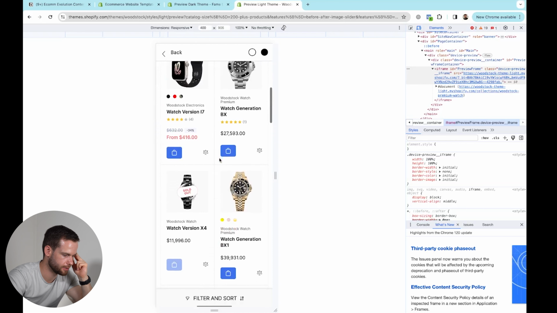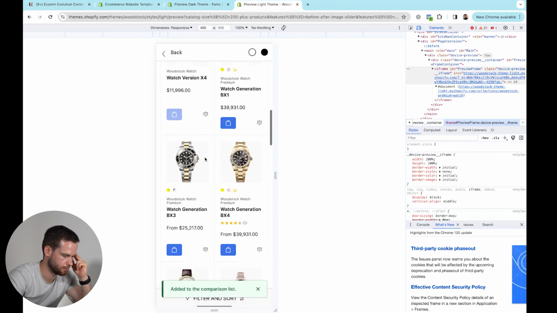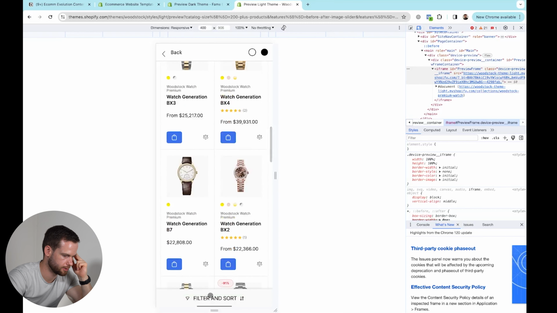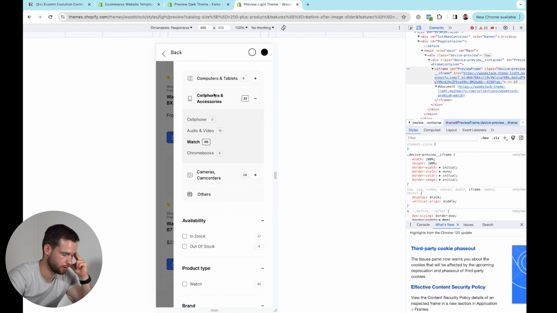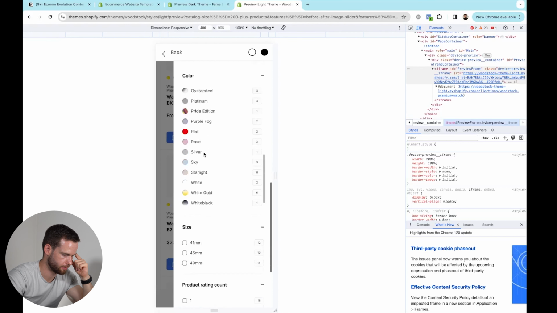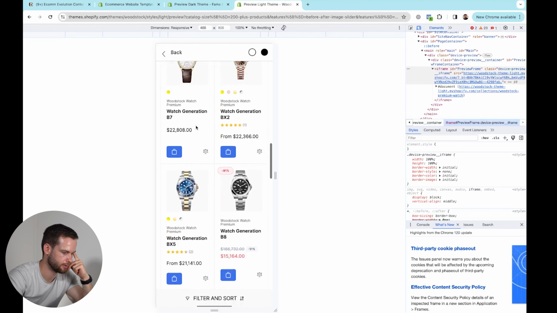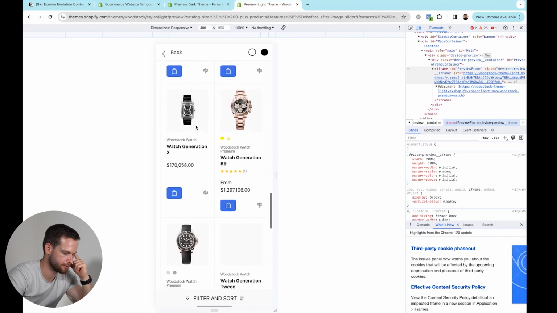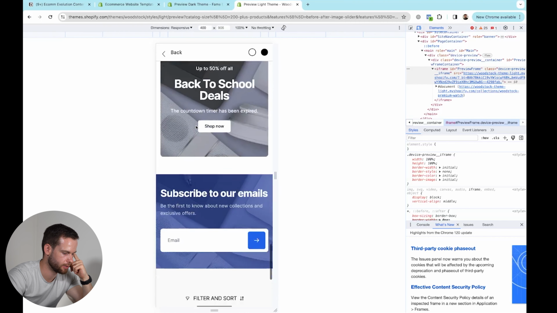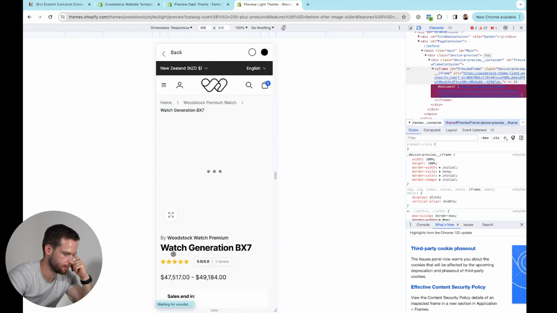So they're definitely different looks. This one looks like it has a comparison option, so we can add different options there and compare them somehow. I don't know how that works exactly, but the other core thing on collection pages is your filtering options. So if you've got a bunch of different products, how are your customers able to filter down by them? Shopify has actually done a lot with this with one of their native apps that they have for free, which allows you to add a lot of filtering, so you probably don't need to worry about that too much. But we're just looking at the overall collection, how the products look on here, that sort of thing,